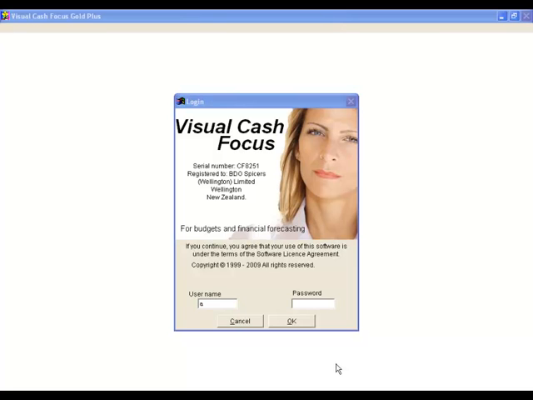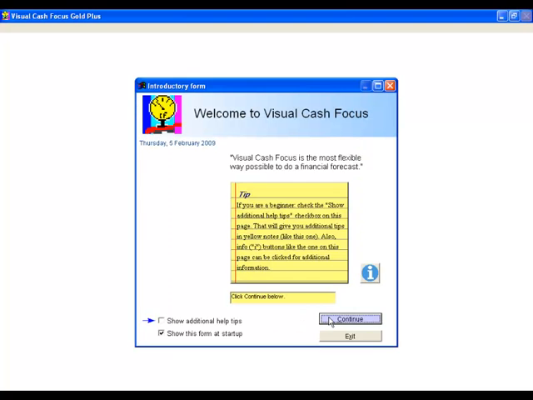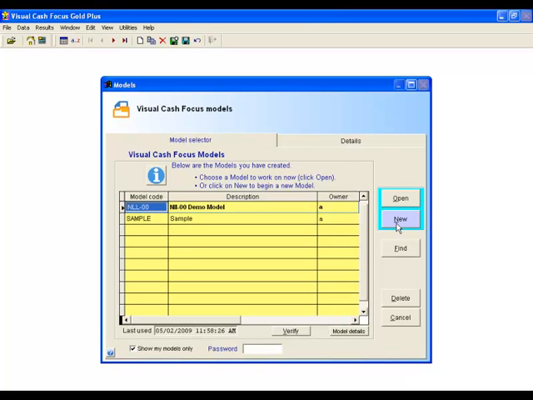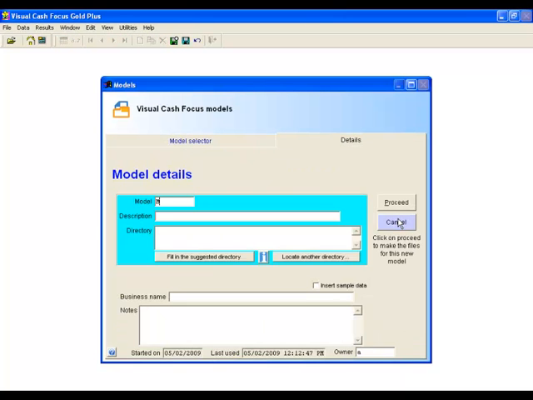To create your own model from scratch, start by opening the software and entering the default username and password, which is a lowercase a and an A. Click OK, click Continue, and then click New to create a new company. Click Proceed to open it,